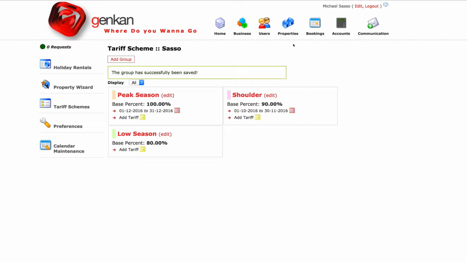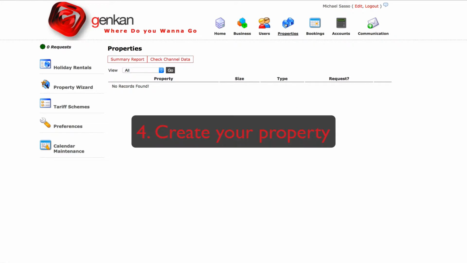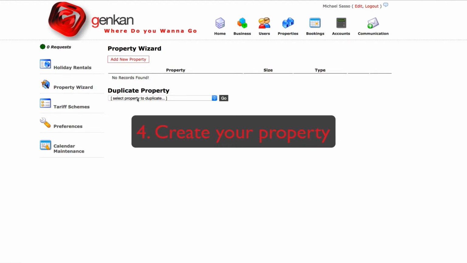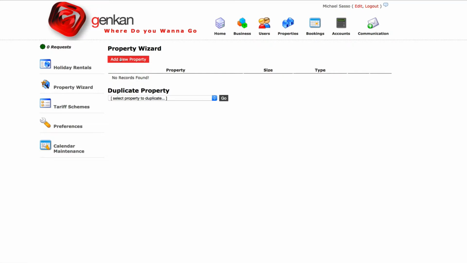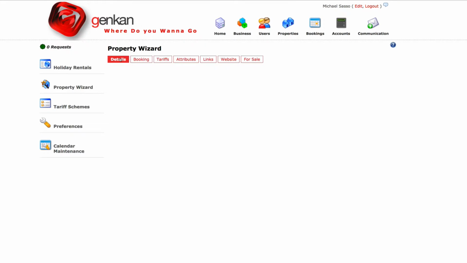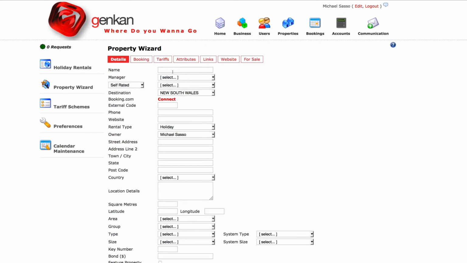The next part is to set up your property. And we do that by going to the property wizard, and we're going to do add new property. So we're going to call this, and there's a multitude of information that you're going to need to complete here